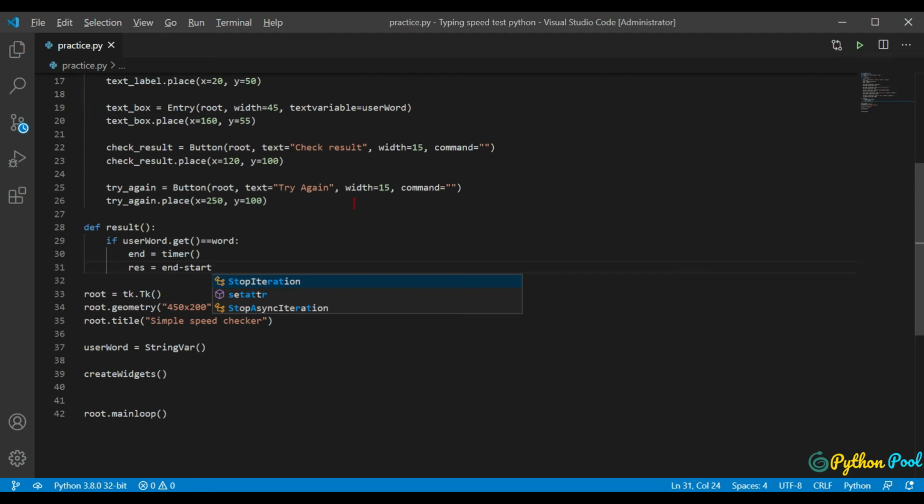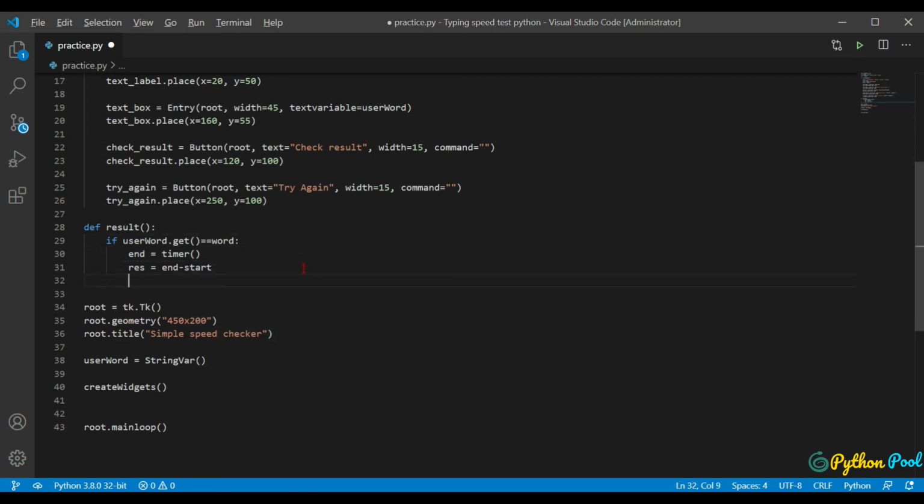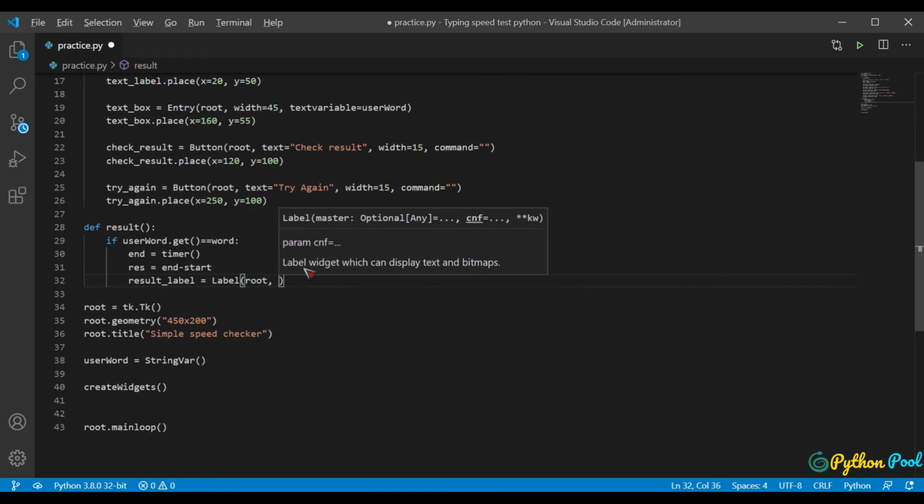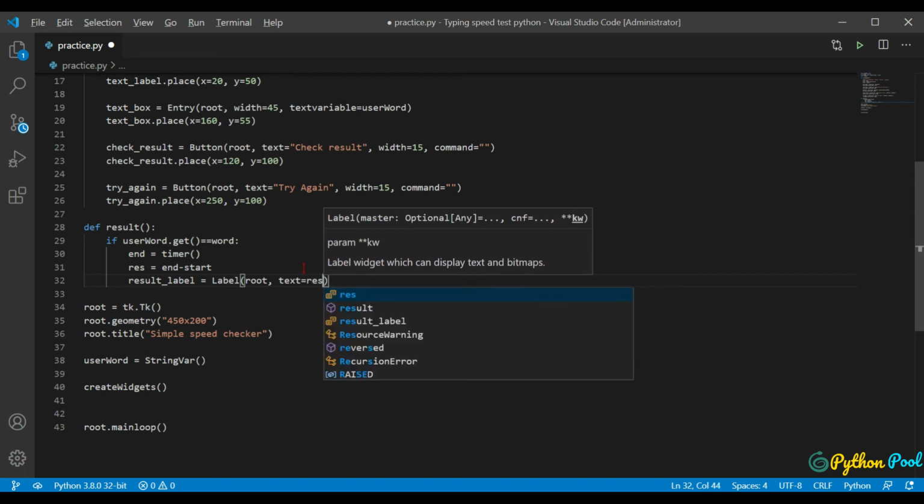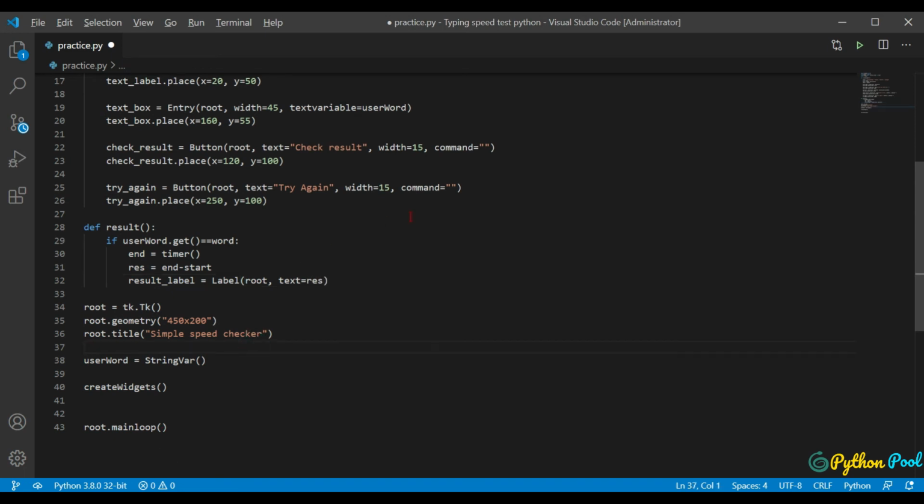Perfect. When we got the result, we need to show that result. So result label: create one more label to root, and the text should be res, that is result, and we need to place this label too.